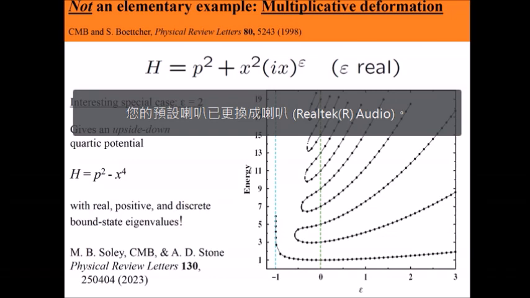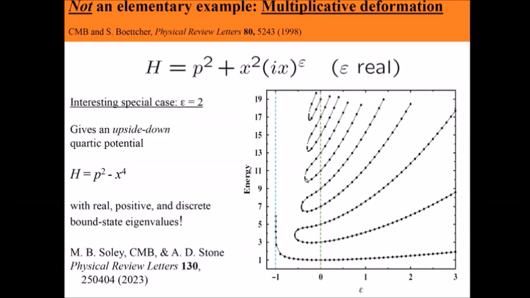Now, of course, the eigenvalues have not really disappeared. What has happened is that these two eigenvalues have gone off into the complex plane. But for positive epsilon, the eigenvalues are all real. For negative epsilon, the eigenvalues can be